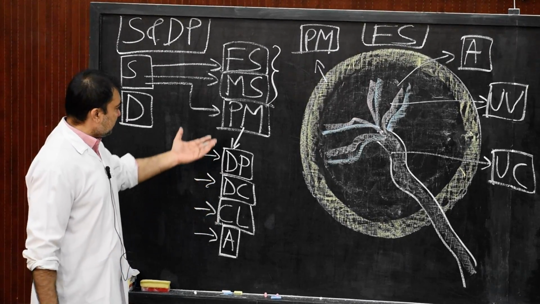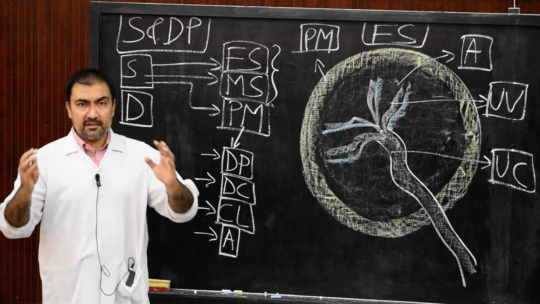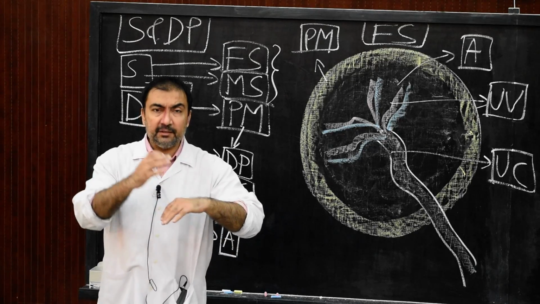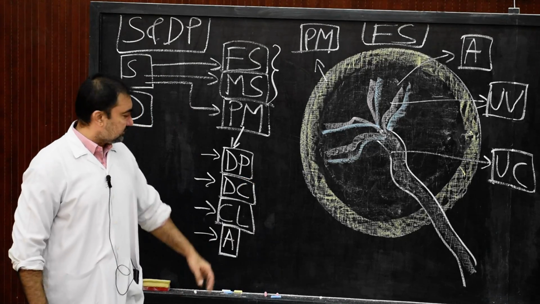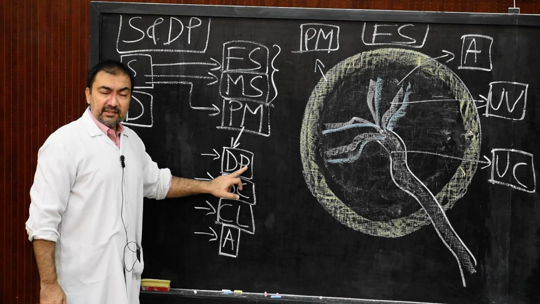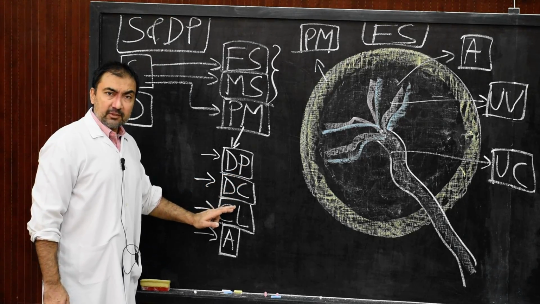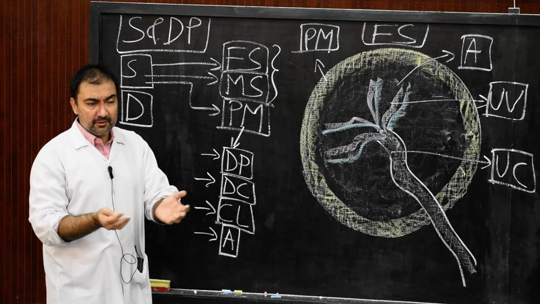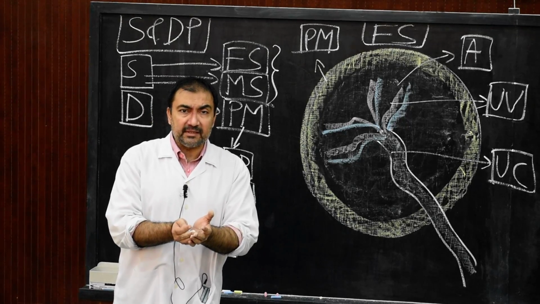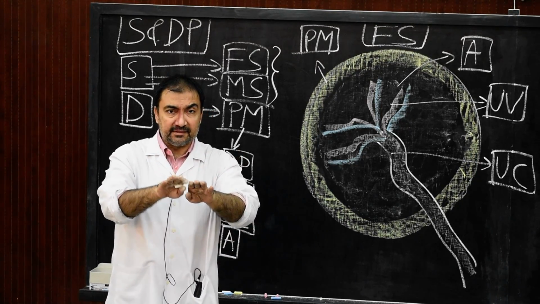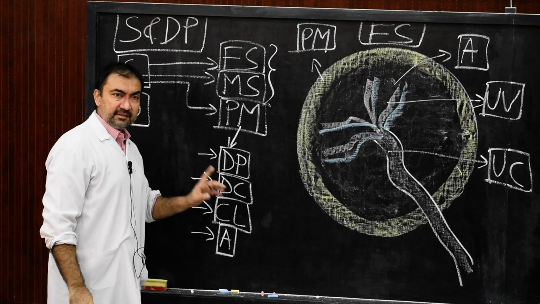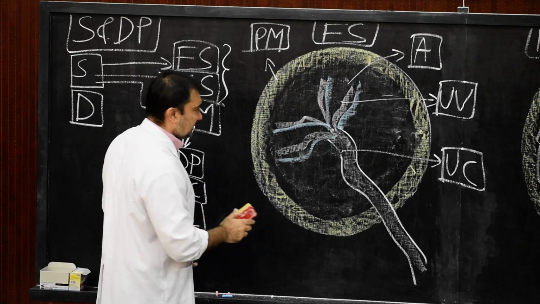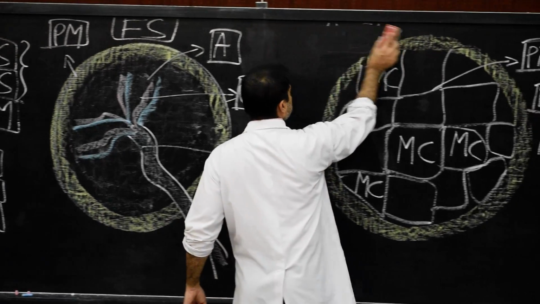What is this peripheral margin composed of? The peripheral margin of the human placenta, in its gross anatomical structure, consists of the union between these 4 layers. What are these 4 layers? Decidua parietalis will join with decidua capsularis, which will join with chorion laeve, which will join with amnion, and together they will form the peripheral margin of the gross anatomy of the human placenta, which will be continuous with the fetal surface. Now let us understand all these structures. Very easy, very simple. In order to understand all these structures, first of all, we'll come on this side.